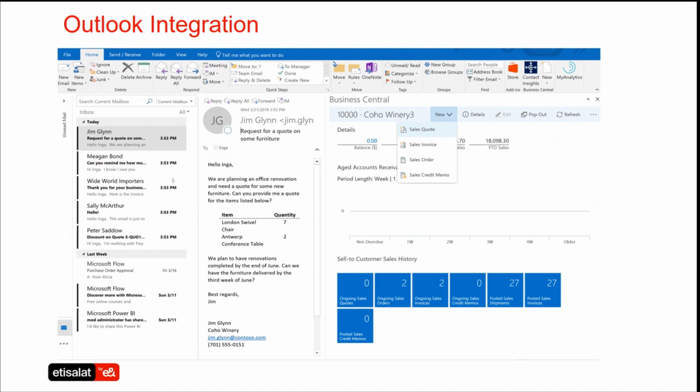Also, you can reply to this particular customer right from your Outlook, telling them what is pending or what their request is, and you can answer them on the go. You do not need to switch between multiple applications to answer the customer, because that is what happens in most organizations today. They switch into multiple applications to get one piece of information, and the response to the customer gets delayed.